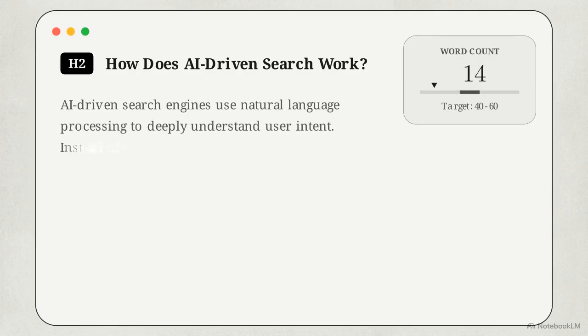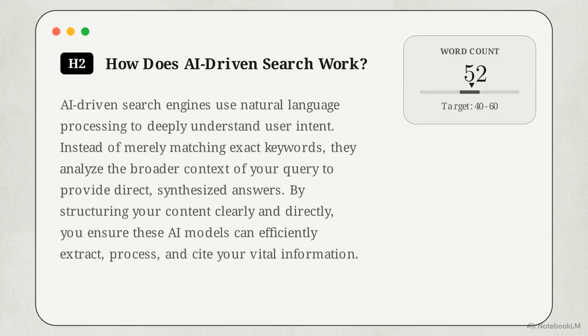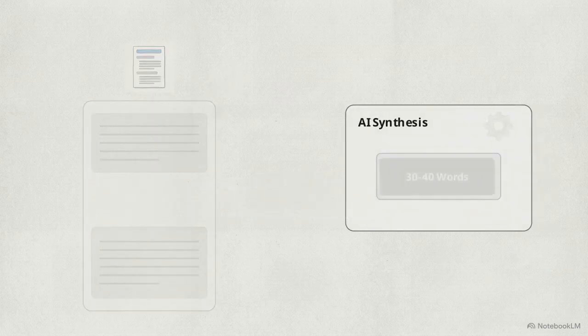Step 1 is built on extractability. You must place a direct, plain language answer immediately following your H2 headings. To be effective, this answer block must be exactly 40 to 60 words in length. This rule exists because AI overviews average around 150 words total, compiled from approximately 5 different sources. Because these models extract information in 30 to 40 word chunks, providing a concise, correctly sized answer makes algorithmic selection